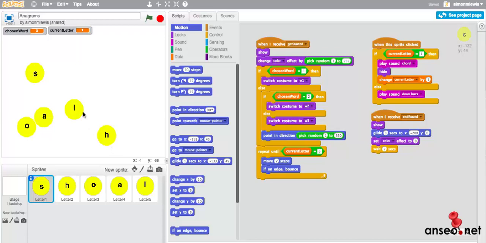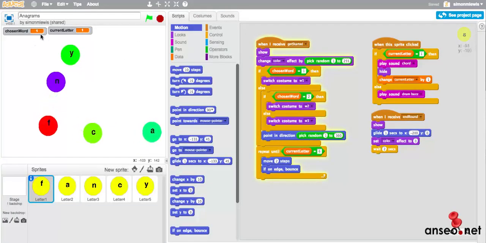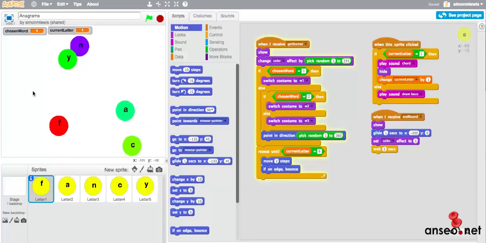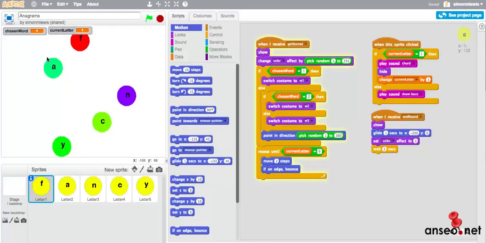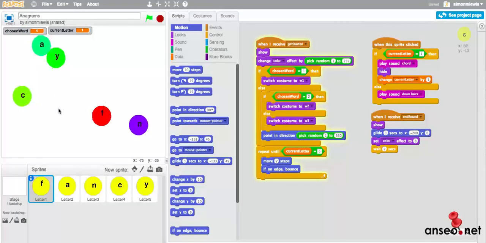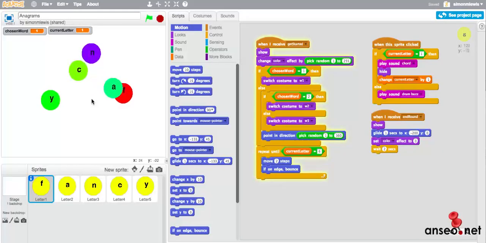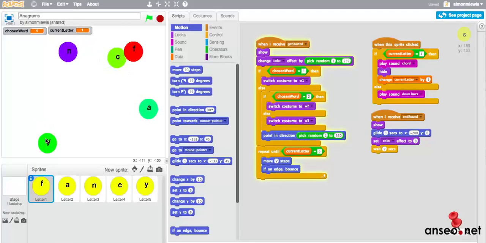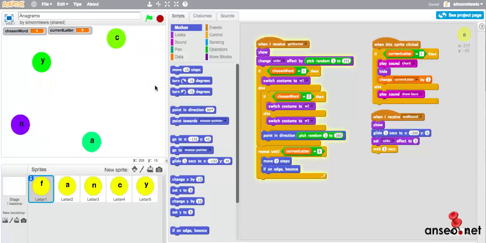Okay, so let's see that really in action. So it's chosen the word number 1, which is fancy, and we know the current letter that we need to find is the first letter. We've changed all the colours to random colours, so you can see what that looks like, and it's waiting for me to press one of the letters. So if I get one wrong, I should hear the drum beat. You heard that? But if I click the right one, I should hear the chord, and it will move on